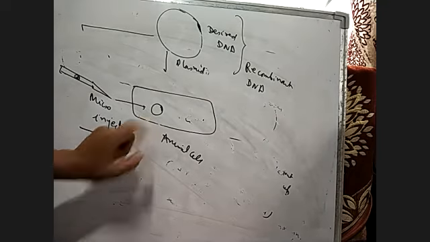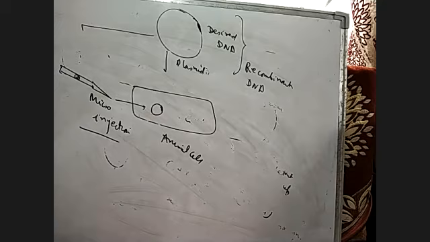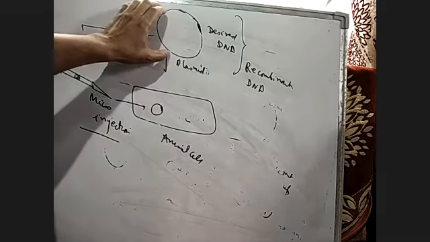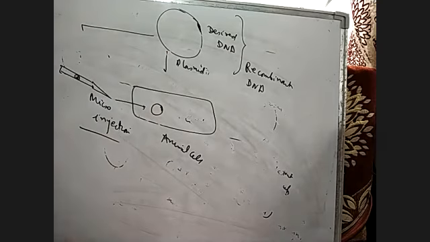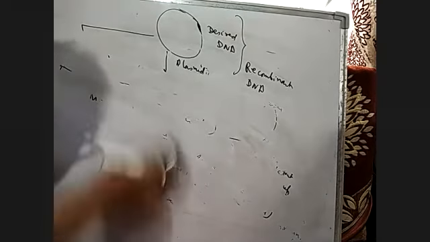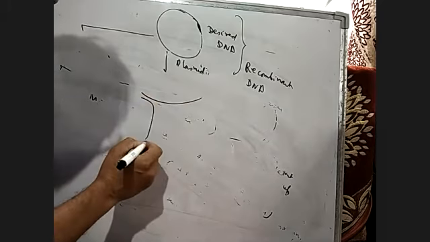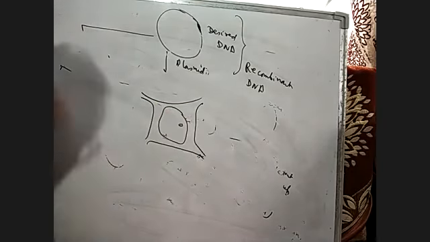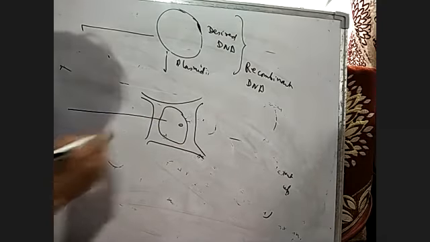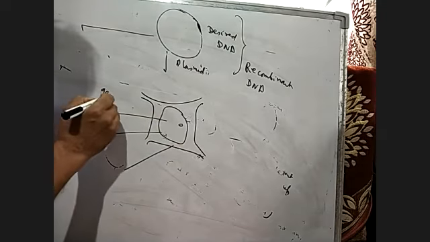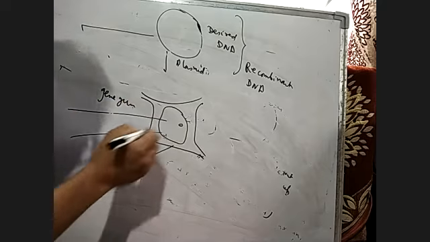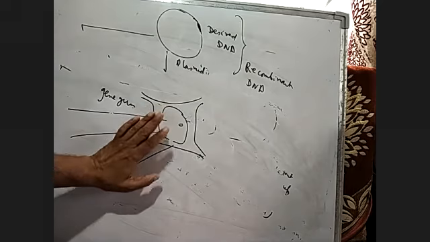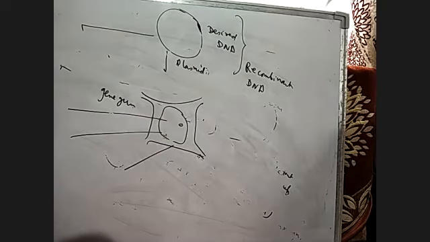Then in the plant cell we use the gene gun. Suppose we want to introduce the plasmid into the plant cell, we have to use the gene gun method. Here, we take the plant cell and we blast it with the gene gun, and after blasting, the plasmid vector will enter into the cytoplasm. These are the methods by which we make the host competent.